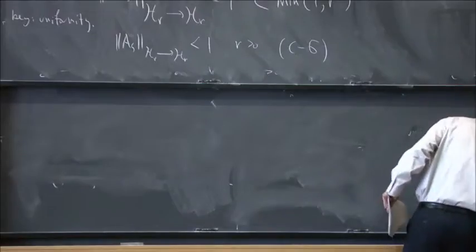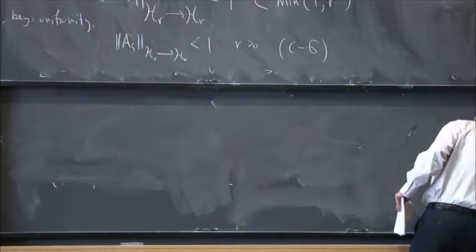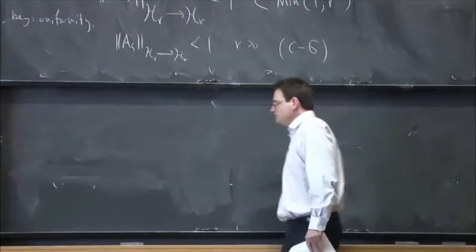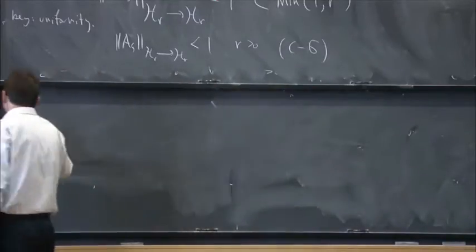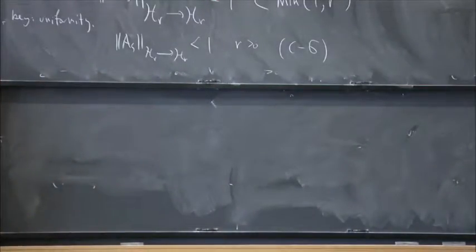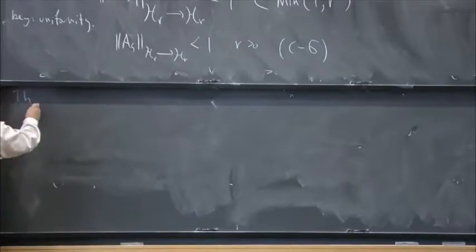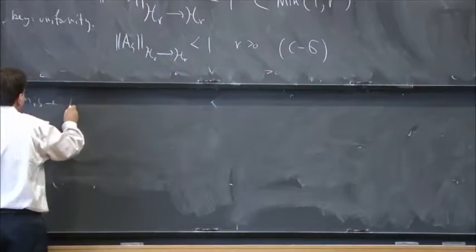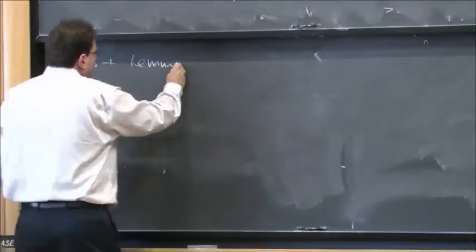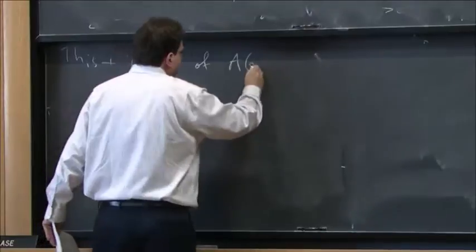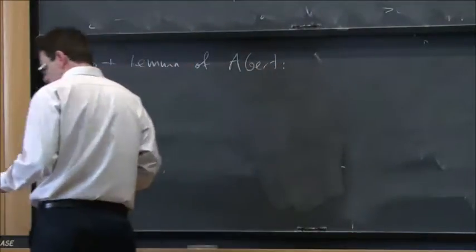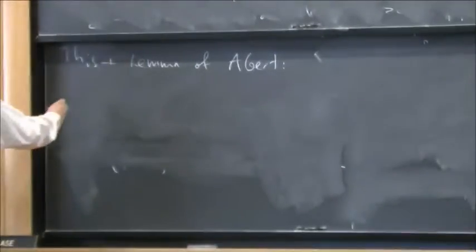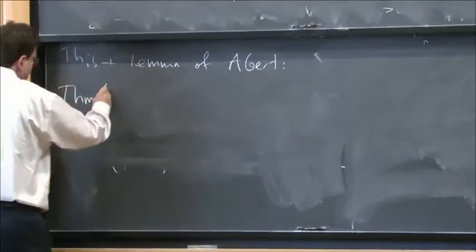And because I write things in a very strong way, it's a corollary of the spectral gap estimate plus a very clever idea of Miklós Abért. So this plus a nice, cute lemma of Miklós Abért gives the following theorem,